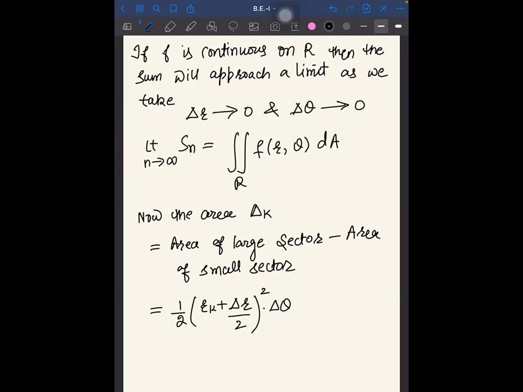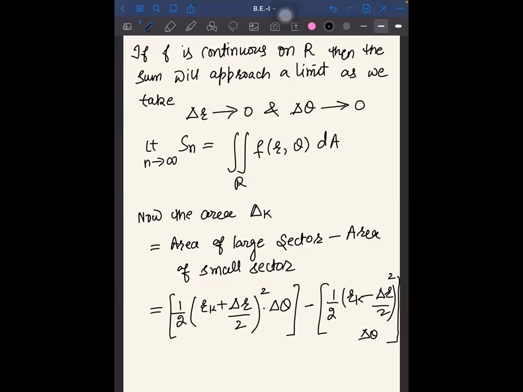Check कर लेना. Yes, ठीक sir. So this is the area of the large sector minus the area of the smaller sector: half (RK plus delta R by 2) whole square minus half (RK minus delta R by 2) whole square into delta theta. Yes, you're with me? Okay. So now